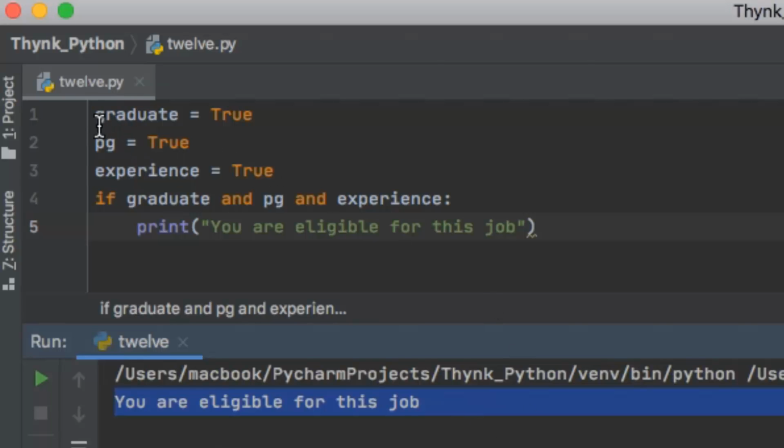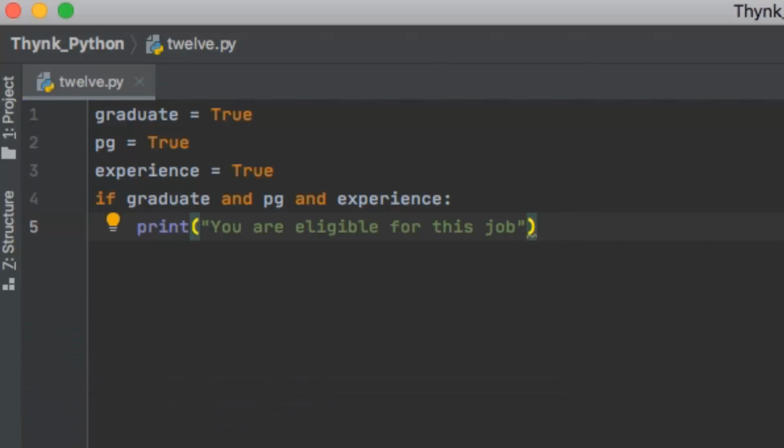Why? Because all the three conditions were true and the if statement says that all three should be available for a candidate to be eligible. Here I can also add one line of code where I can define an else also. We have already learnt about if and else. You can watch the previous video if you are having any confusion in this.